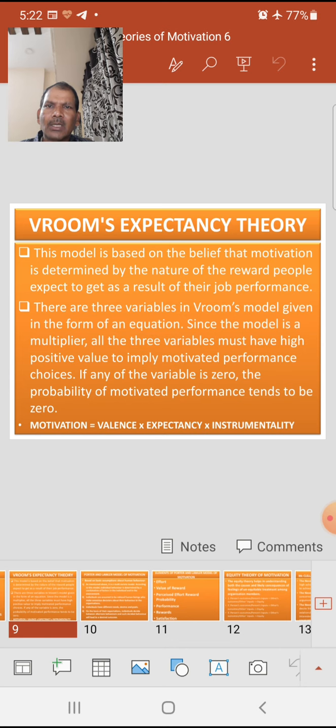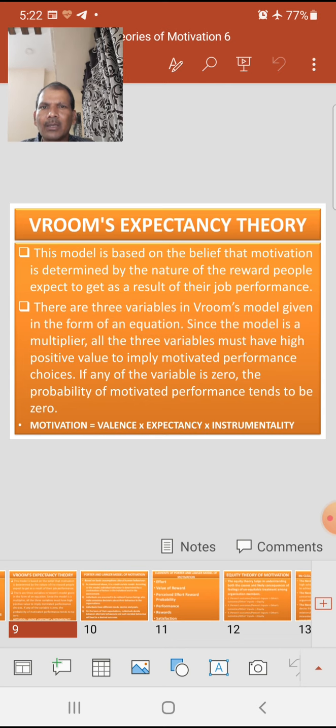Since it is an association between effort and performance, its value can range between 0 and 1. Okay, if expectancy becomes 0, the outcome, that is motivation, will become 0. But if it is just above 0, that means the value of expectancy lies between 0 and 1, like 0.1, 0.11,